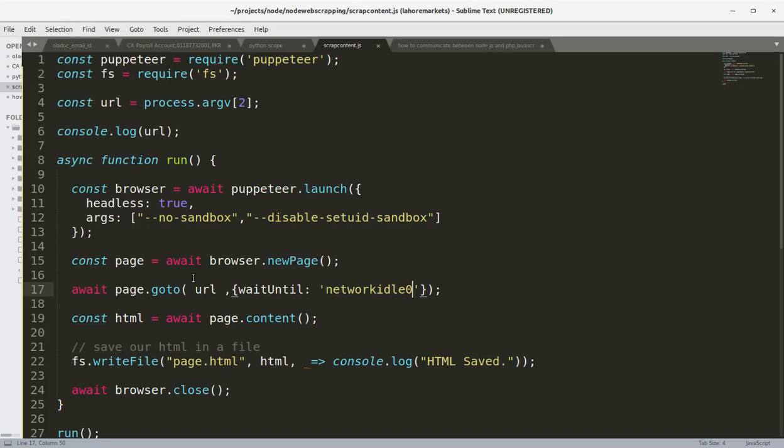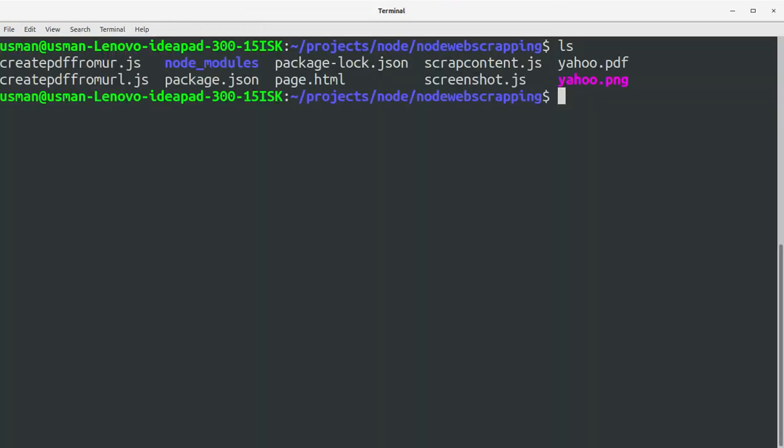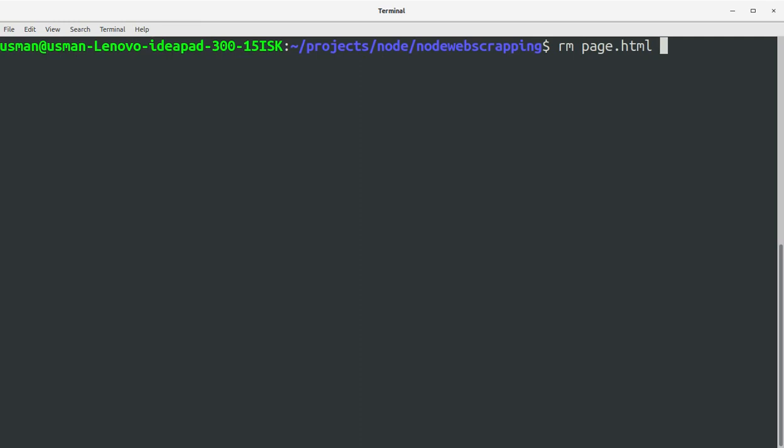Okay, let's run this program, and for debugging I console.log the URL we are getting from the argument parameter from the CLI, and I changed the network idle setting from 2 to 0. So do this at your end as well. And I'm going to fetch the contents of google.com, and it printed google.com. So we are fetching the content of the source URL,